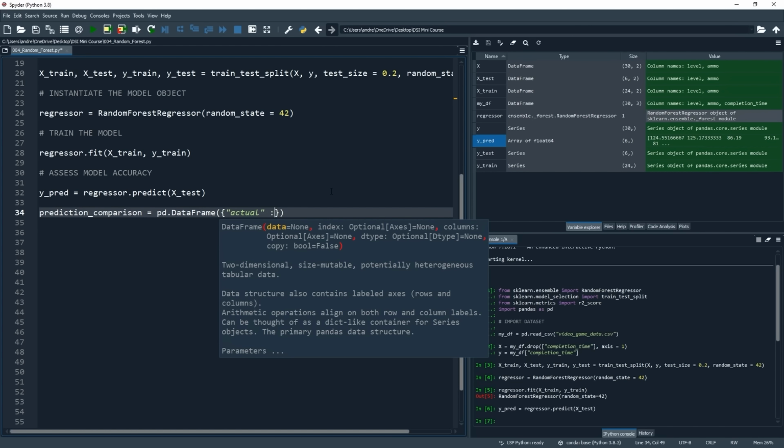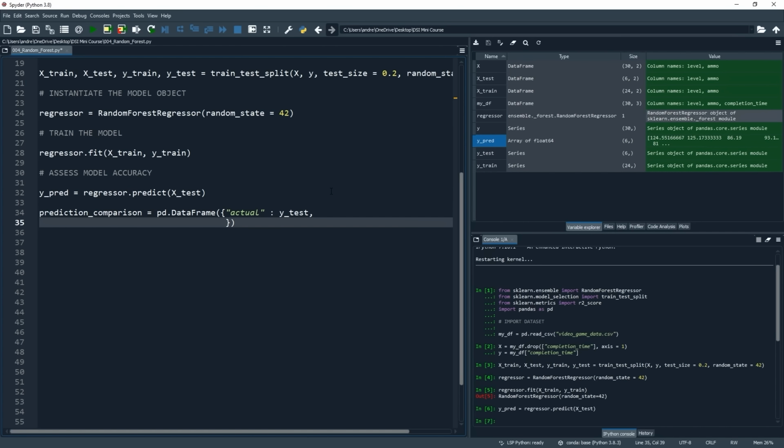After that, let's put a colon, and then let's specify the data that we want to fill that column, and this will come from our y_test object. After that, let's put a comma and enter down and create our second column, this time called prediction. After that, again, we will put a colon, and the values for this column will come from our y_pred object.